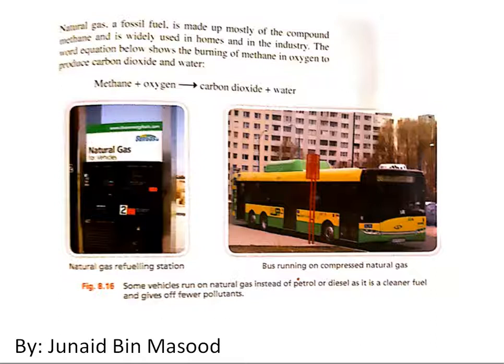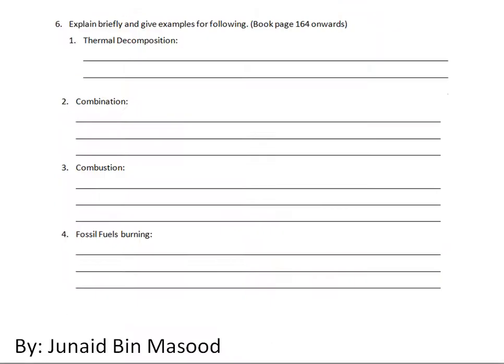If someone does not have the worksheet, which is hopefully not going to be the case, you can copy these questions yourself. Now go ahead and on question number 6 of your worksheet, explain briefly and give examples for the following. From book page 164 onwards, just like I have discussed, you can take help from the book and explain what is thermal decomposition, what is a combination reaction, what is a combustion reaction,